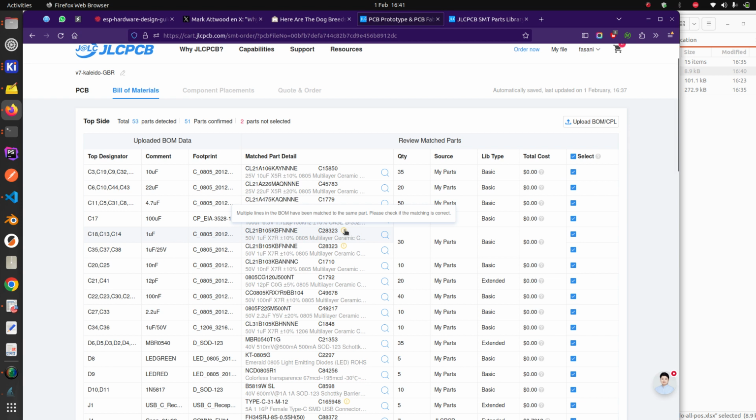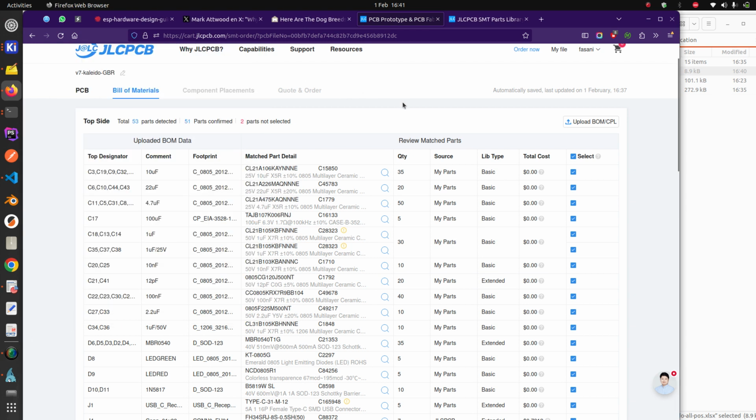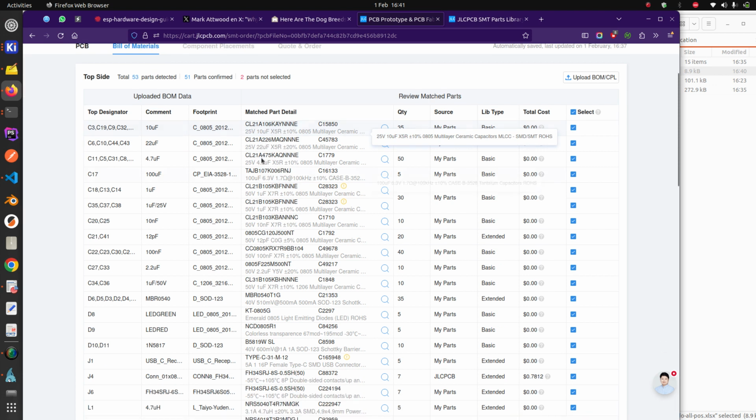Yes, this is because there are multiple lines in the BOM that match the same part. It's an alert. You have to check if the matching is correct. I would say this part, don't take it for granted. Oh, we're already some minutes on the line. Because at least you need to check that this comment and the part itself match the part detail. So go fast with your eyes and check that 22 microfarad is 22, 4.7 is 4.7, and so on,